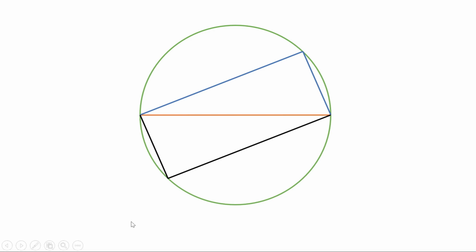Now suppose we draw a chord instead of a diameter. Let us take a circle, draw a chord. Again the circle is divided into 2 parts. Are they equal? No. This is the large arc and this is the small arc. Now let me join the ends of this chord to a point on this arc.